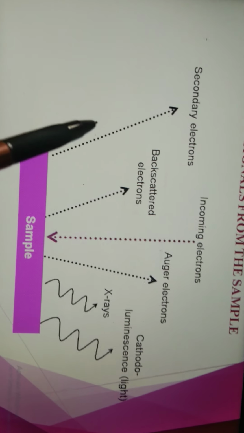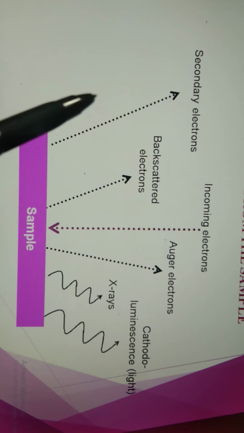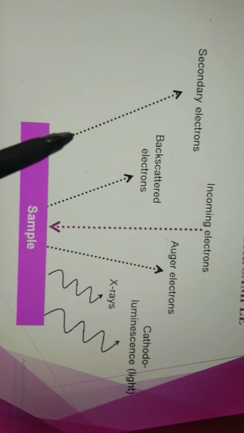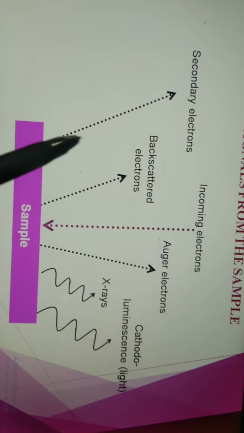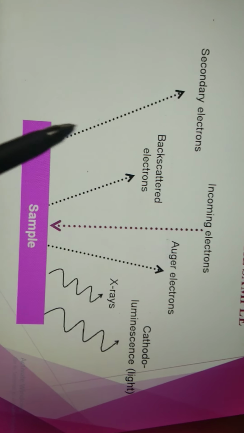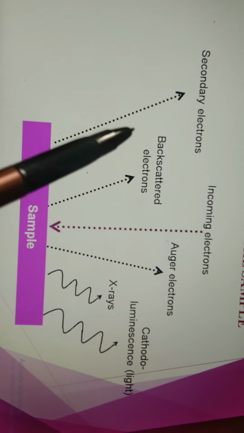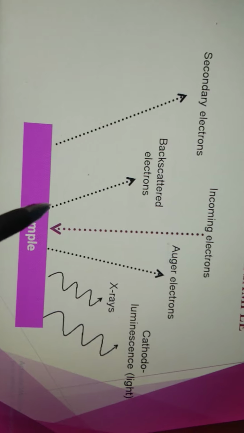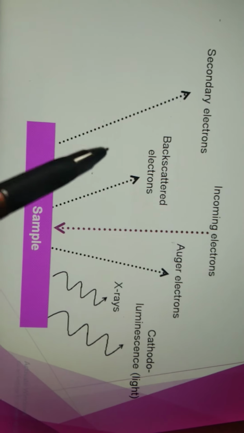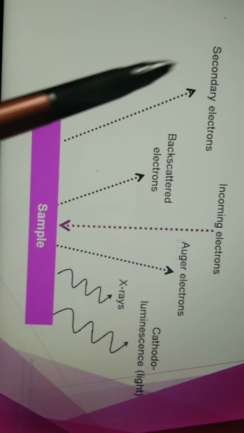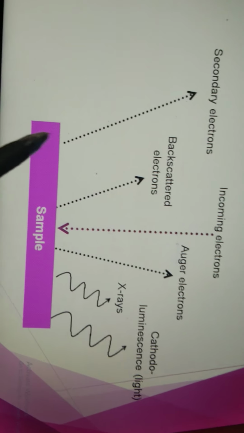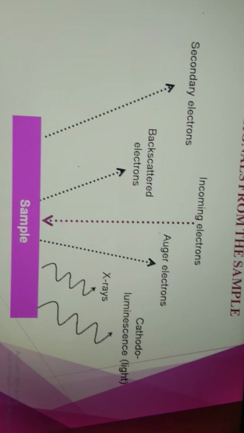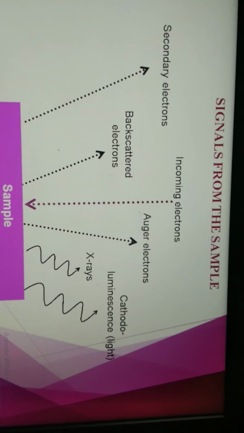Next comes the secondary electron. This secondary electron is obtained when the incident beam interacts with the specimen to impart energy to a low energy electron that causes an energy loss and changes the path of the incident beam, and this causes the ionization of the electron in the sample for a particular atomic shell. This ionized electron leaves the atom with small kinetic energy and is called the secondary electron. So this secondary electron gives us the information about the topography of the specimen.